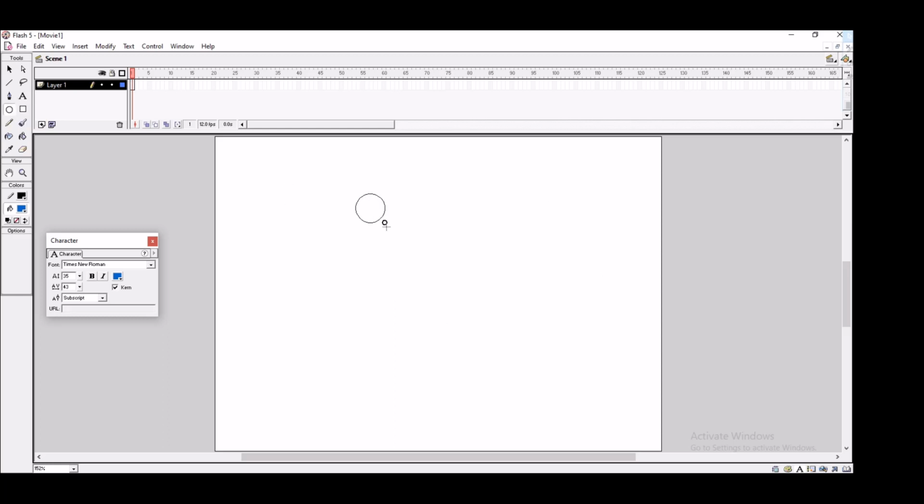The next is the circle tool. With the circle tool you can draw as many circles as you want. You can edit this circle with the subselect tool. You can draw a frame and there would be several points. You can edit with the help of those points. I am just editing into my own shape. You can edit into any other shape, whichever shape you want. This is regarding the circle and subselect tool.